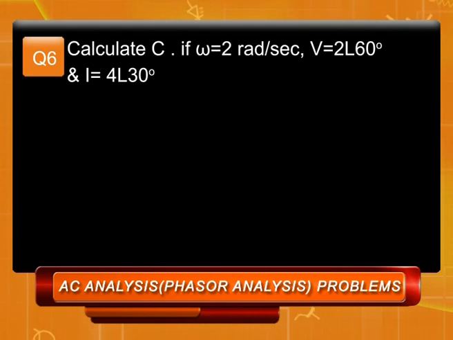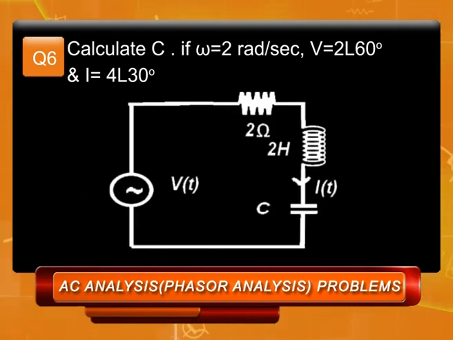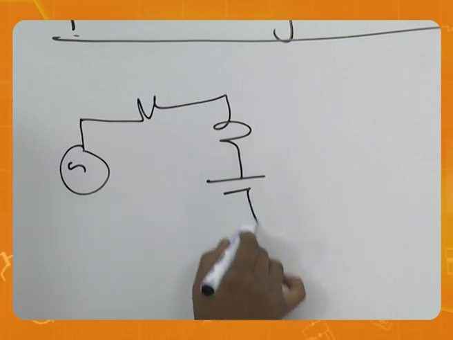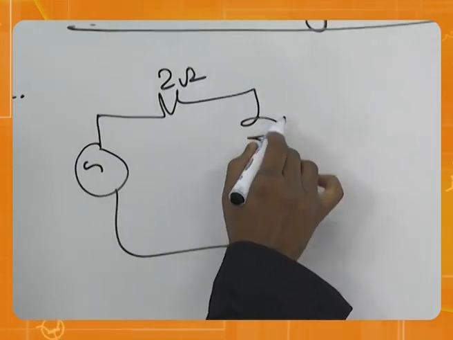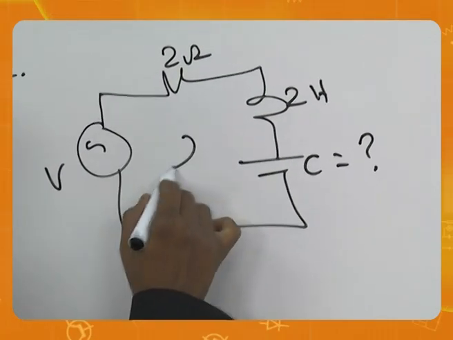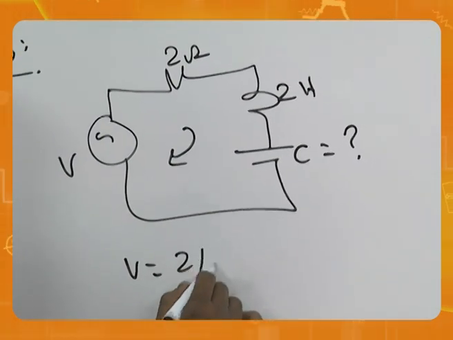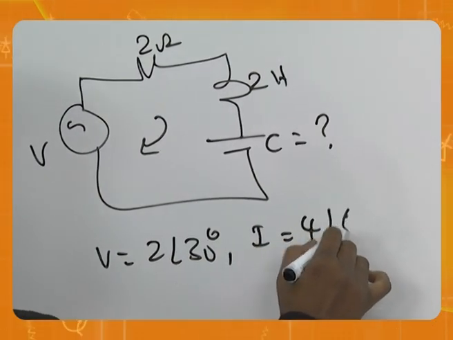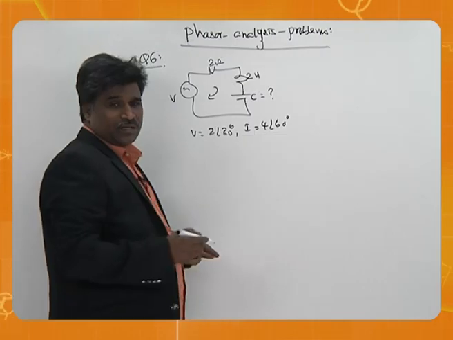Calculate C if omega is equal to 2, V is 2 angle 60, I is 4 angle 30. And we need to calculate C. So let us see. This is a voltage over here, resistor, inductor, capacitor. Just the same problem. We need to calculate this. V is given as 2 angle 30, I is given as 4 angle 60 if I am right,